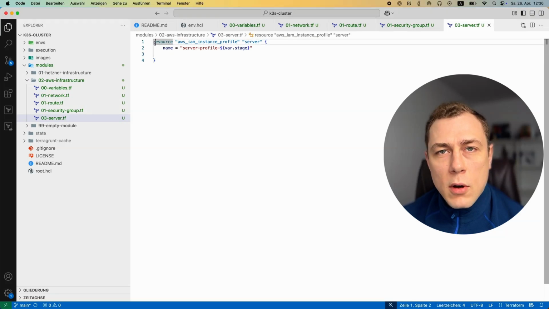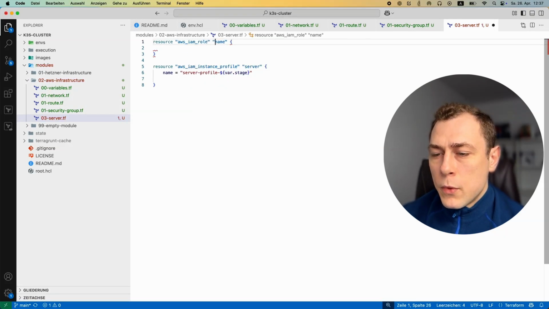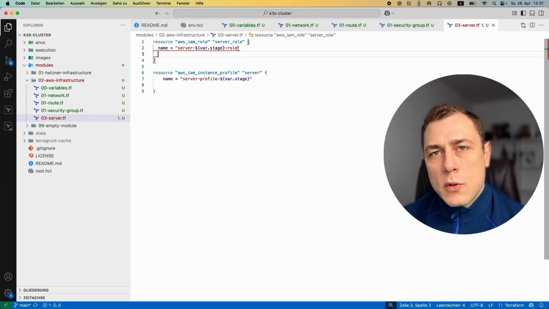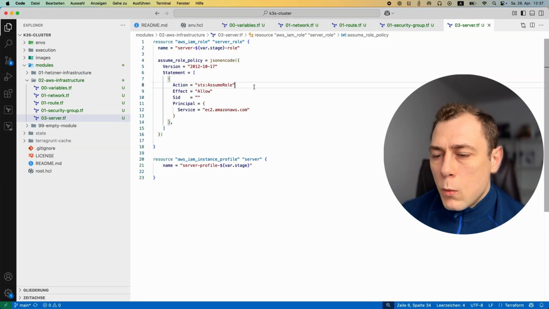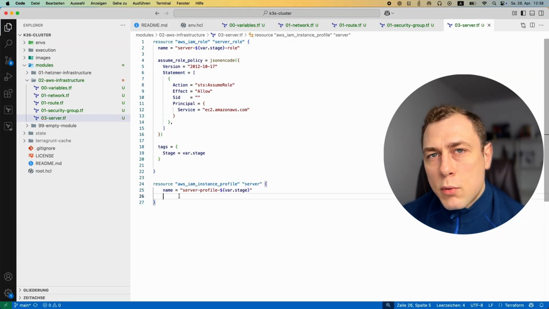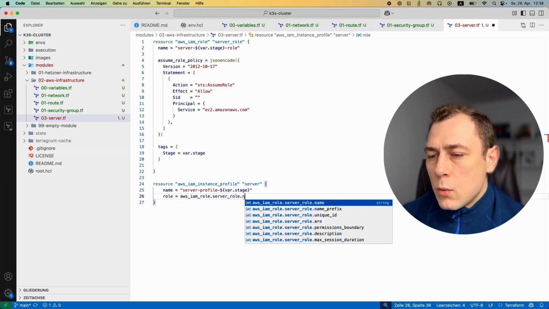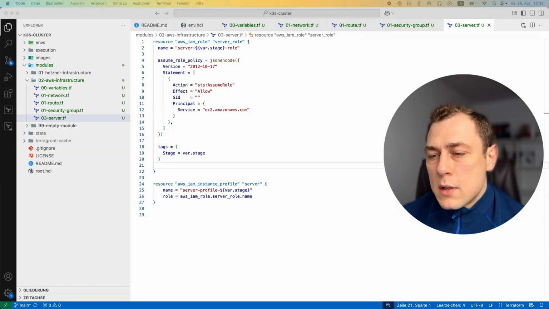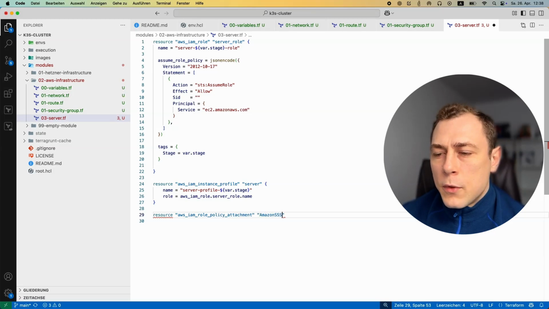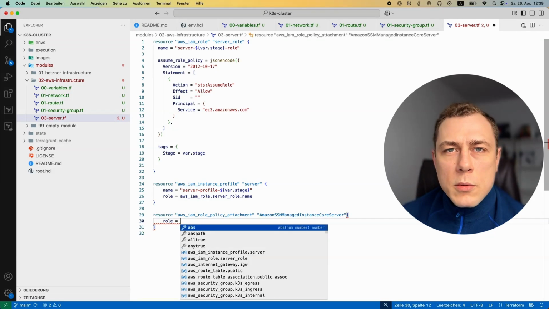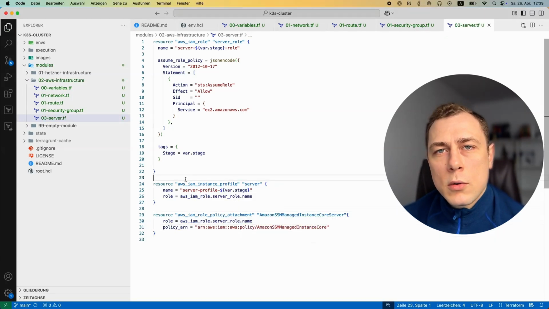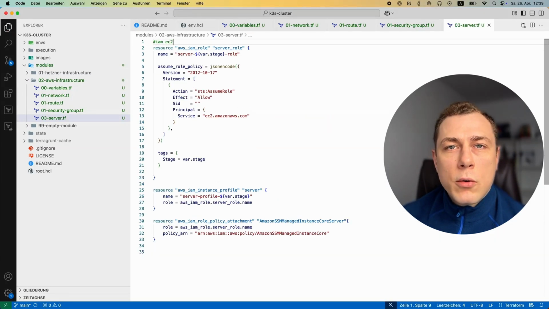We will define a server role, which will have an assume policy, which allows the role to assume within the service EC2. We will create an instance profile and attach this instance profile to the role. Then we also will attach a policy to the role, which represents the management by the AWS Systems Manager, so we can use the SSM to connect to our nodes. And after that, we will continue creating the server,